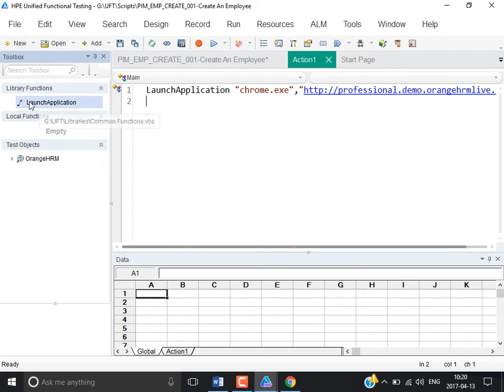Now where has the launch application come? Not in the local functions, but in library functions. What is the difference between local functions and library functions? Any idea? Local functions are nothing but functions stored inside the action, that's called local. Library functions are functions which are loaded from an external library, that's library functions. Now if you execute that,